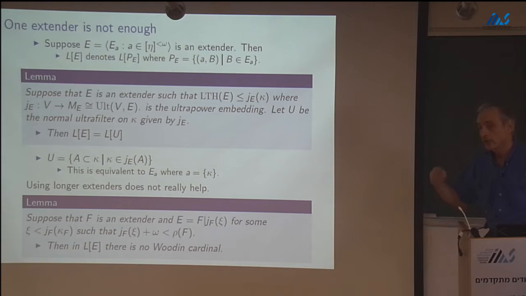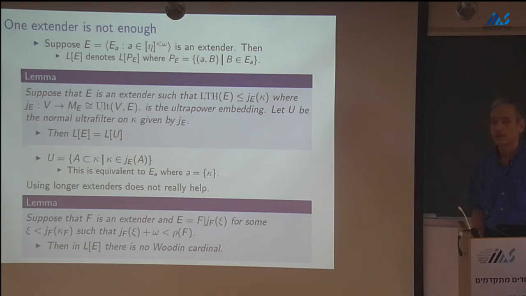So I'm choosing an ordinal less than the image of the critical point, then moving that by the embedding and cutting the extender there. Well, then L of E can transcend L[U], one can show, but curiously